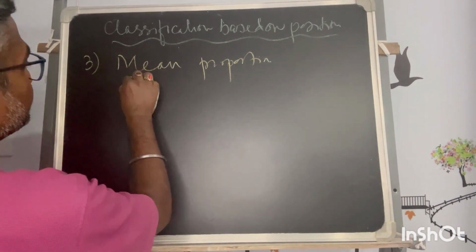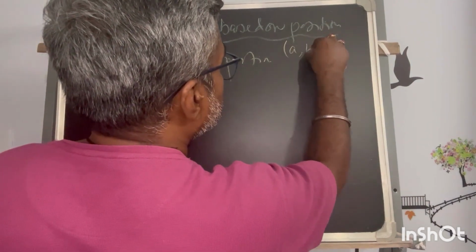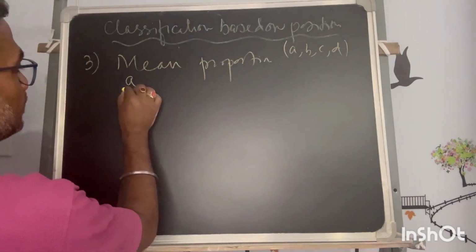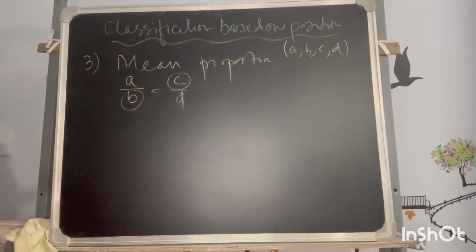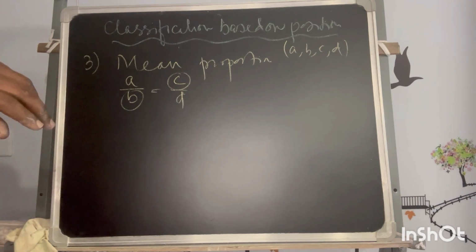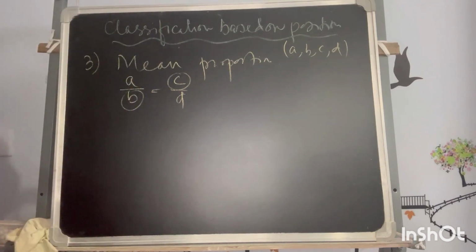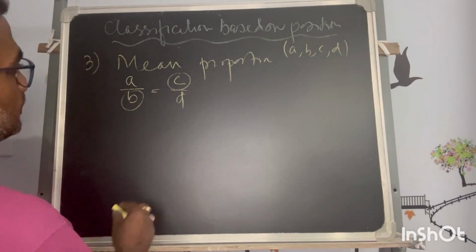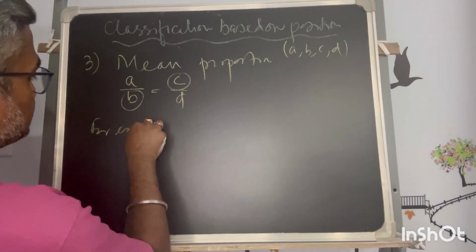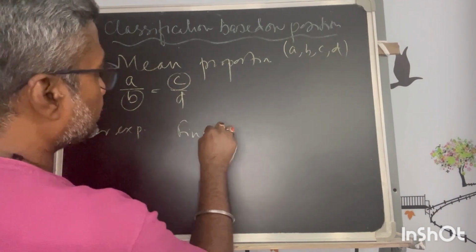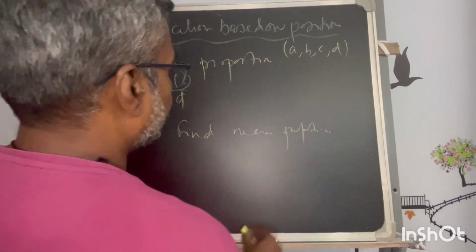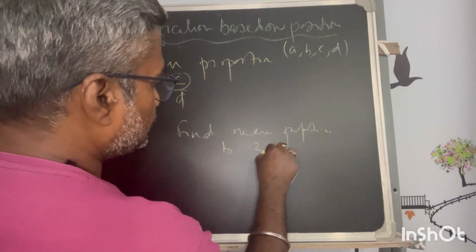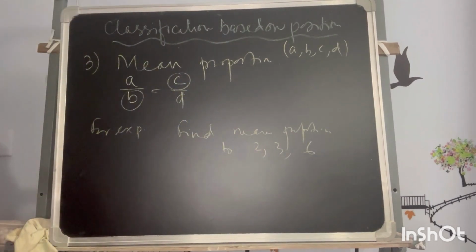Why? Because I am talking about initially A, B, C, D, if I take 4 quantities, and if A by B is equal to C by D, then both of these are means. So in that case, if I want to find the mean, how do you find that? For example, find the mean proportion to 2, 3 and 6, if I say, then